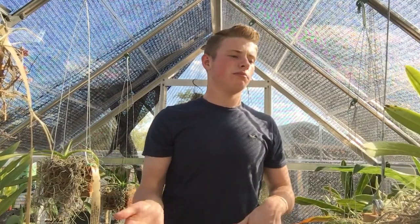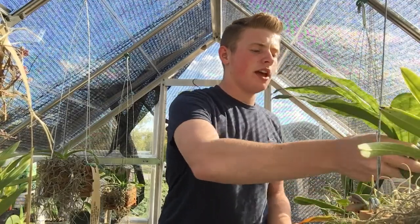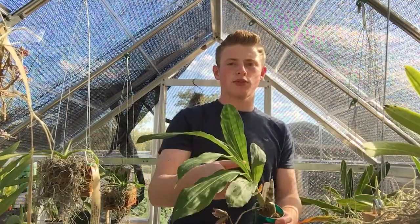Alright guys, so today we're just going to do a bloom slash spike update for the month of October. I decided not really to do an update video because there's not too much going on besides spikes and blooms. So the first thing I want to start out with is this Catasetum Karen Armstrong, and I